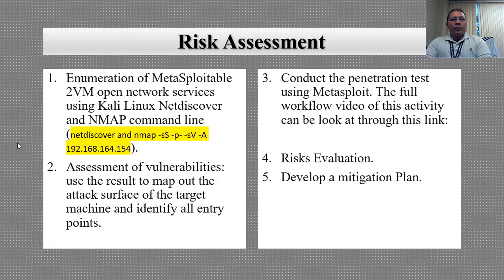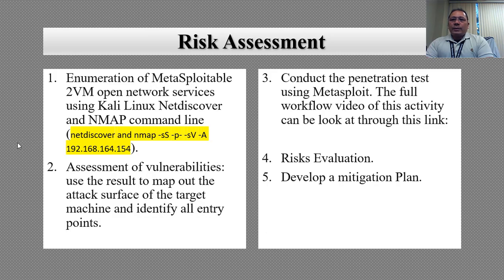For the risk assessment workflow, I am following the methodology of system modeling principle to understand the architecture of my target, which is the Metasploitable 2. In my enumeration, the IP address of the target is 192.168.164.154. As a result of the netdiscover, while the Nmap scan results identified several open network services, including FTP